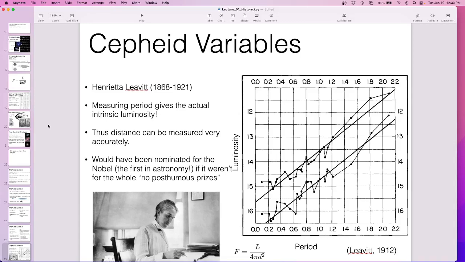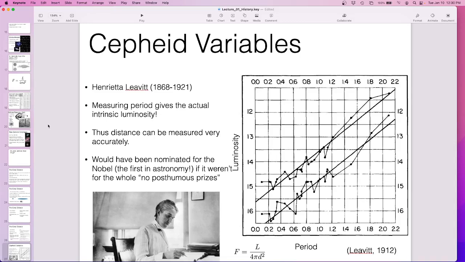So she found this magnificent relationship between the period of the pulsation, which is a thing I can measure just by looking at a star, and I got a clock. I just measure the clock. These usually take days, so I got a calendar. So you measure its brightness every day for a couple of weeks, and you get the period of the luminosity. Then I know what the luminosity is, and then I know what the distance is, and that's pretty key.